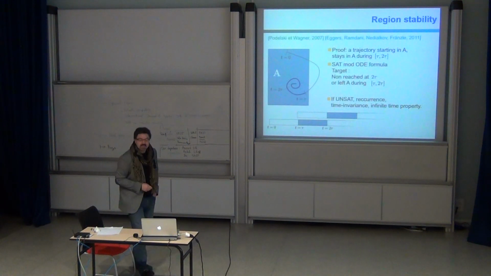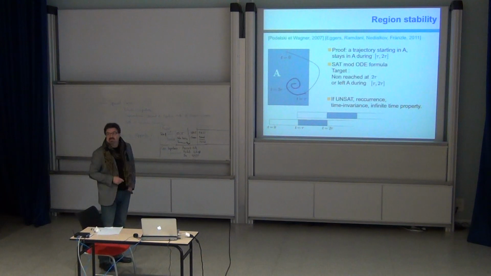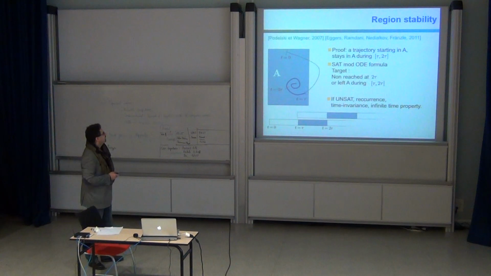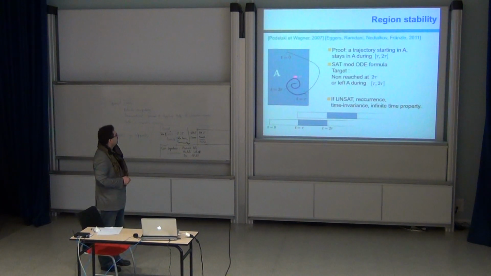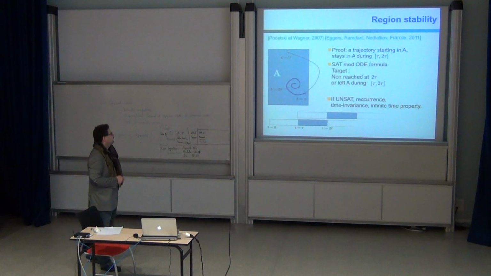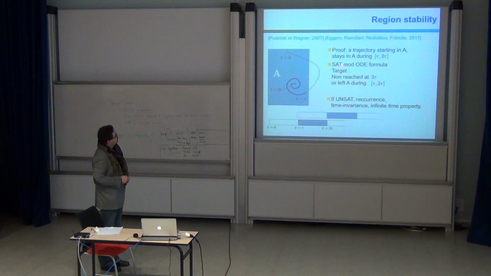We could also address the problem of region stability, quite close to what Stefan or Luc are trying to investigate. Is it possible to find a region in state space such that, if a trajectory starts from this region, it may leave the region, but then come back and stay there forever? So it has the right to leave once, but then if it comes back, it must stay there forever. And using a smart way to do it, that is from defining a